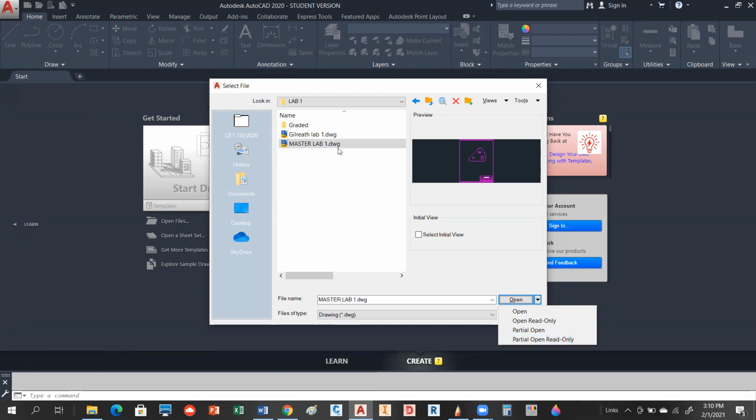If I open up this file once and then I open it up a second time, the second drawing will be read-only automatically because you can only have one actually active open file at a time. So it is possible to open it up twice, but one will be read-only and one